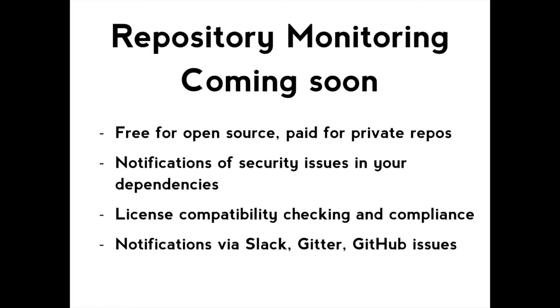As well as better notifications. At the moment, it'll only send emails, but I'm working on integration so you can get notified in your Slack room or Gitter, and also be able to open up GitHub issues automatically to go, there's a new version of this, or there's a security vulnerability in that. So it'll kind of be like your little helpful robot that will tell you, here's something that you should do. But rather than you having to manually check it, because especially with projects that have lots of dependencies, it becomes a huge amount of work to manually check all of these things.